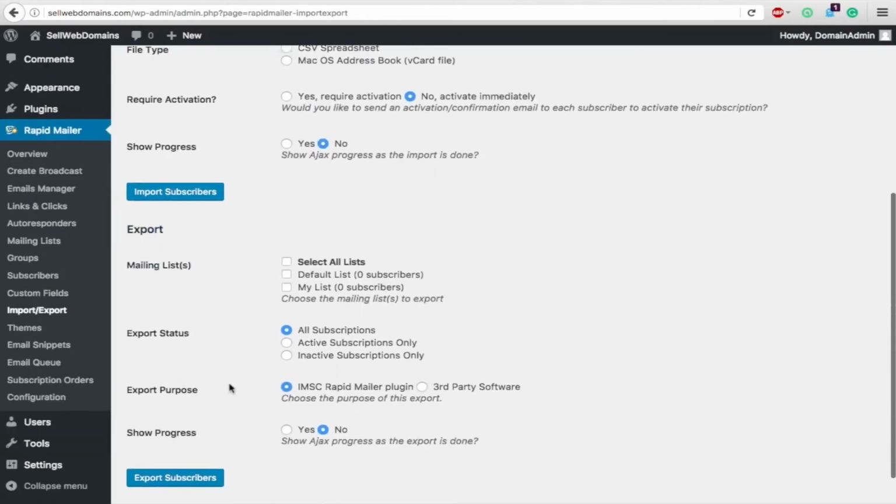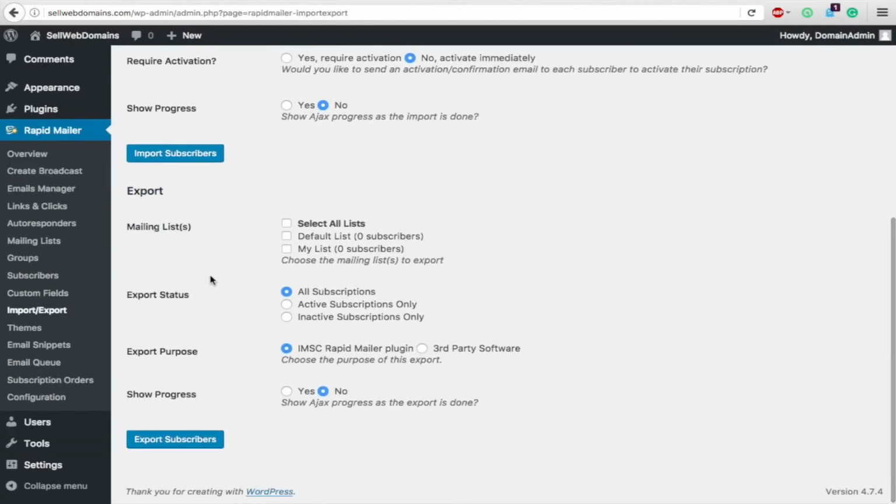Now, conversely, let's say you have a big list in RapidMailer of people who have subscribed to your lists and you want to get them to your computer. Don't worry, it's very simple. Go ahead and select the list you want. You can do active, inactive, or all subscribers, and then you can export them either to upload again in IMSC RapidMailer or as third party, and then show progress, export subscribers, and you're on your way to having a list